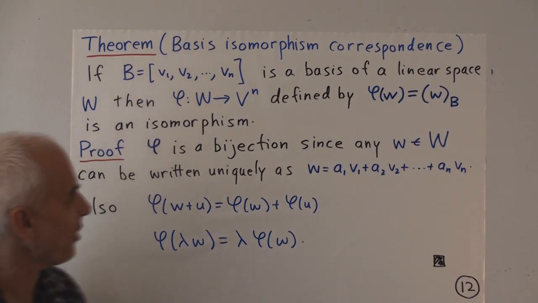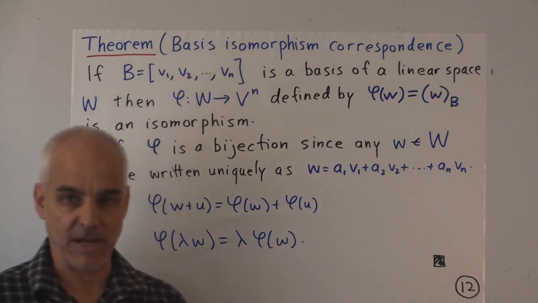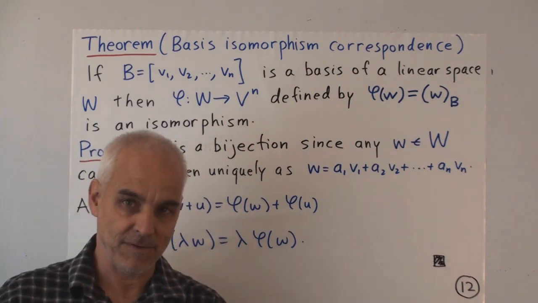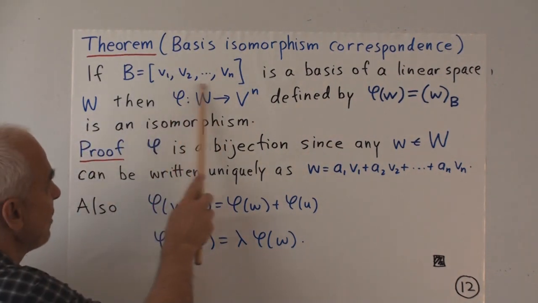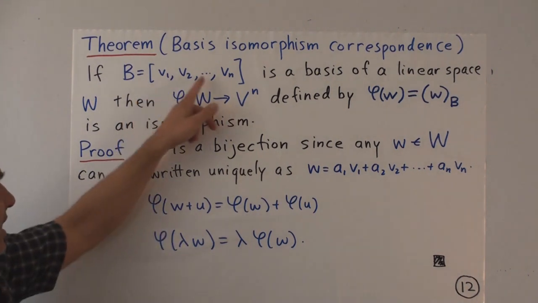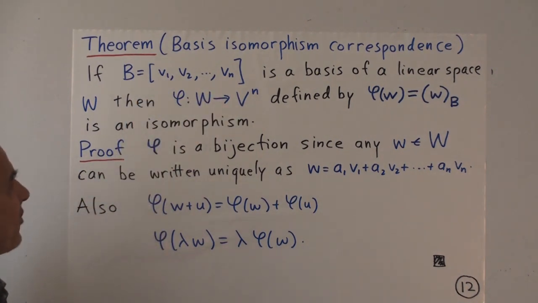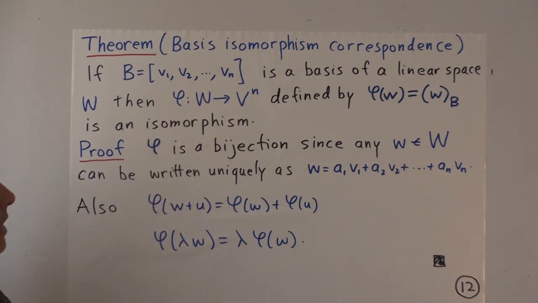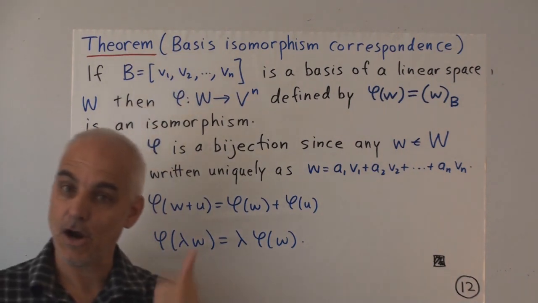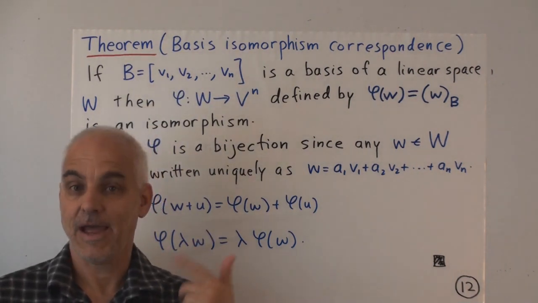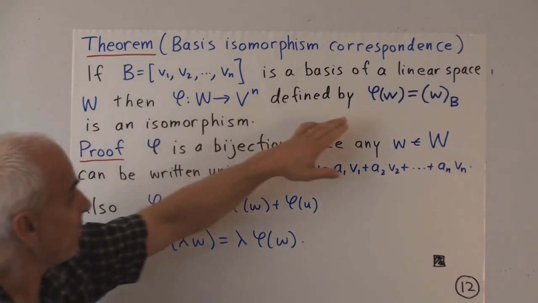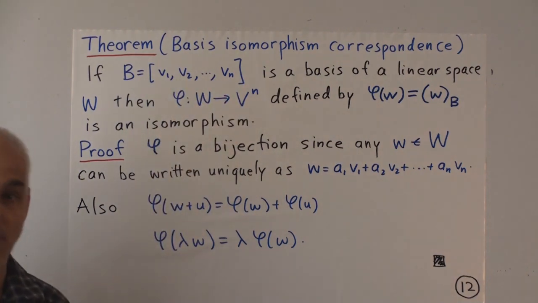So let me explain what we're talking about here. We have some abstract linear space. It might be a space of vectors, it might be a space of polynomials, it might be something quite different. We have a basis for that space. Let's say n vectors, or n elements of the space. Call them V1, V2, Vn in that order. And we're assuming that's a basis, so it means that they are a spanning set and linearly independent. It means that every vector W can be written as a linear combination of those elements in exactly one way.